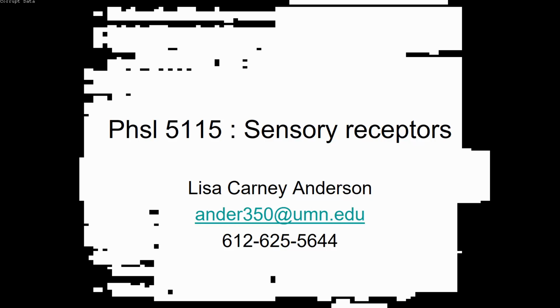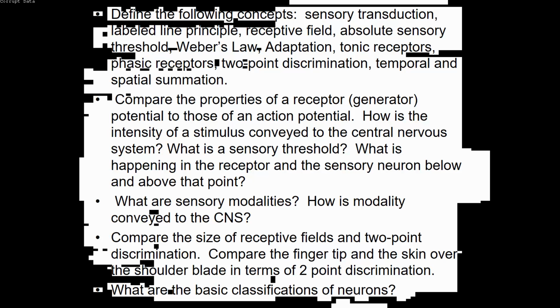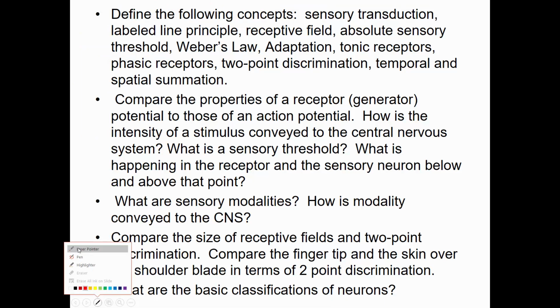Anderson and these are a series of presentations on the sensory system, and we're going to start with the receptors. Here are our learning objectives. First of all, there are a lot of terms that I need you to be aware of, and you'll need to know about those terms just to understand the other material. So sensory transduction, labeled line principle, receptive field, absolute sensory threshold, Weber's law, adaptation, tonic receptors, phasic receptors, two-point discrimination,